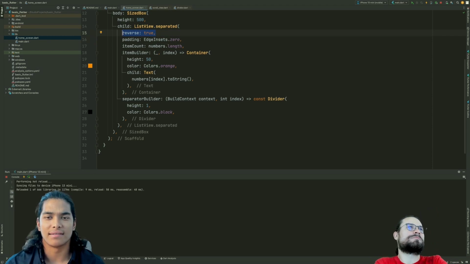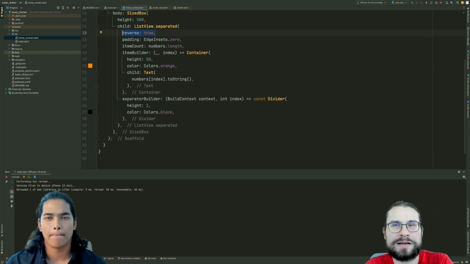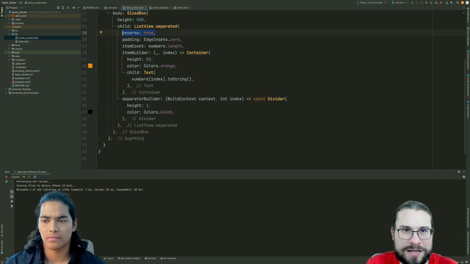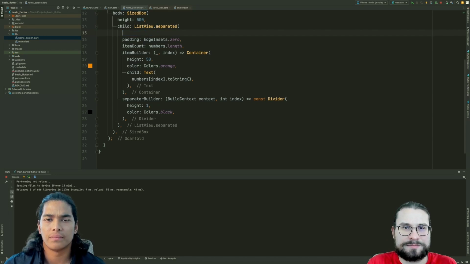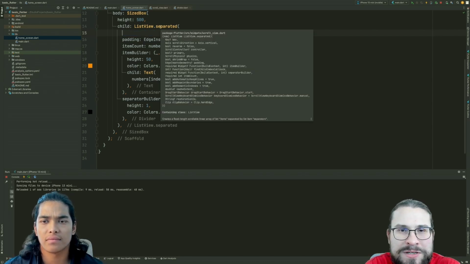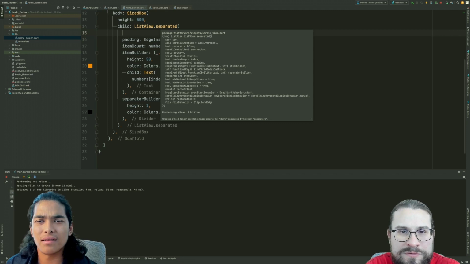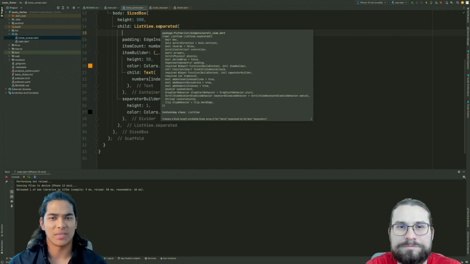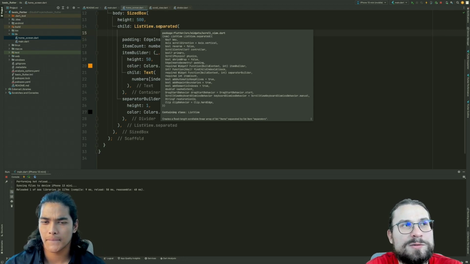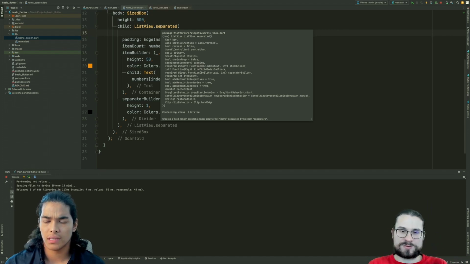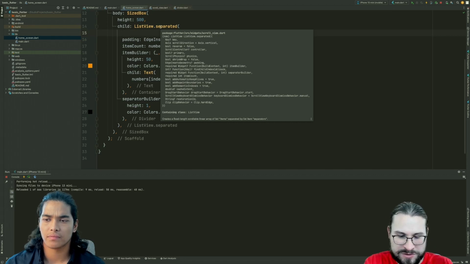Okay, what else is there in separated? I think there are not that many cases to do that. Yeah. What else is there? We have scroll physics, for example. Oh, that is something else. But in most cases, we want to describe a certain behavior of scroll when we want to scroll the list view. And one of them, because it's easy to show,